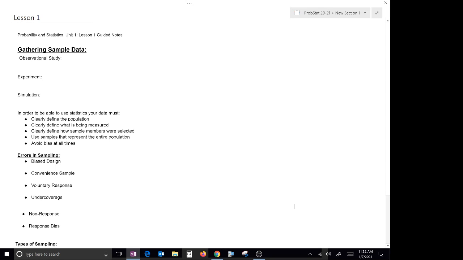Gathering data. So in statistics, the first thing that we want to do is gather data, and there are three different ways that we can do that. The first method